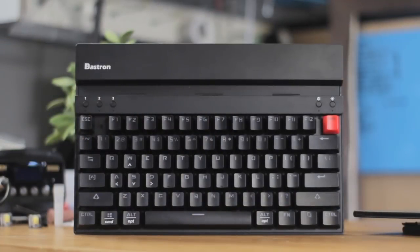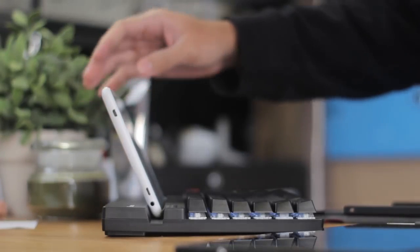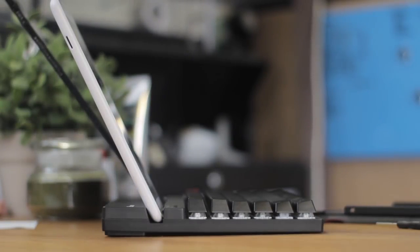Okay, so here it is, and it's a pretty straightforward design that they've gone with. We basically have our keyboard and then a channel to place our mobile devices on. The channel is pretty wide at about 11.5mm on the bottom and 16mm for the top opening, so it should fit most tablet devices. The angle of your device will depend on how thick it is. The slimmer the device is, the more laid back it will be, and the thicker it is, the more upright